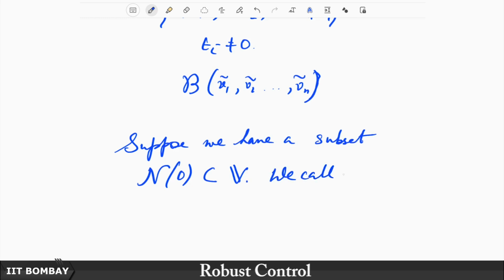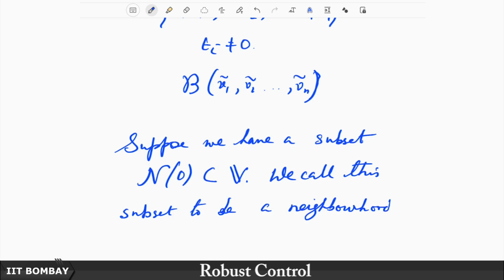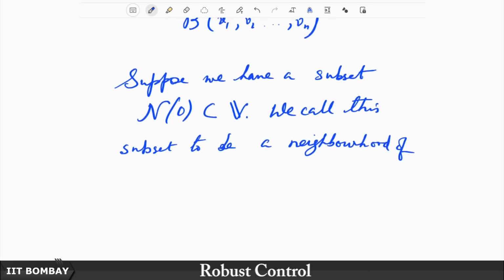We call this subset a neighborhood of 0. Remember, a vector space must contain 0, right, the 0 subspace, that is the smallest subspace, the trivial subspace that you have in any vector space. So, we call this a neighborhood of 0 if